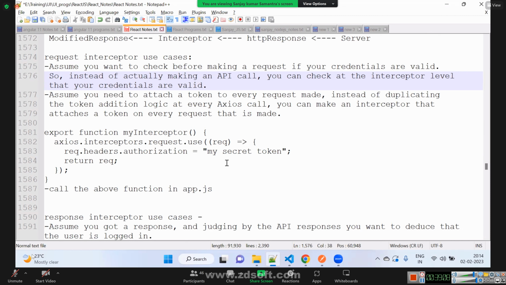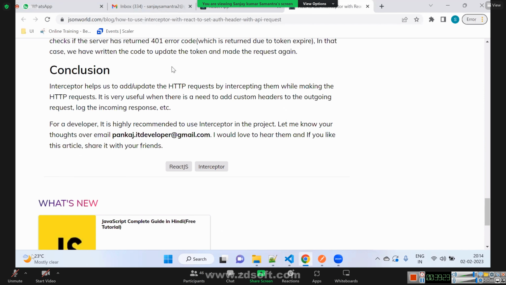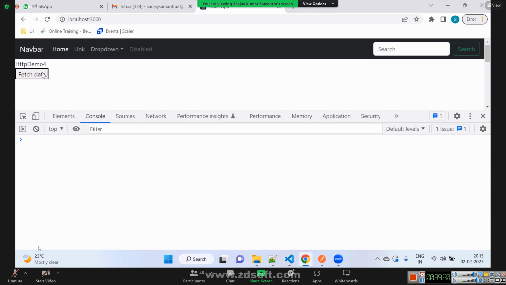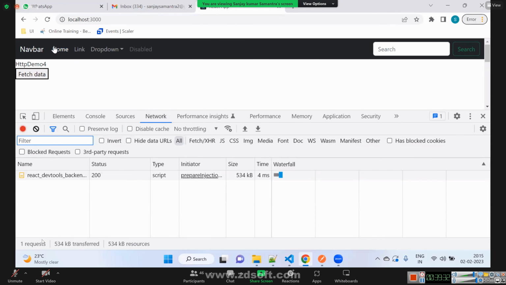If we create a request interceptor, how can we do it? First of all, let me show you how it looks without interceptor and with interceptor. Now, whenever I'm hitting this button, there will be two calls triggered.